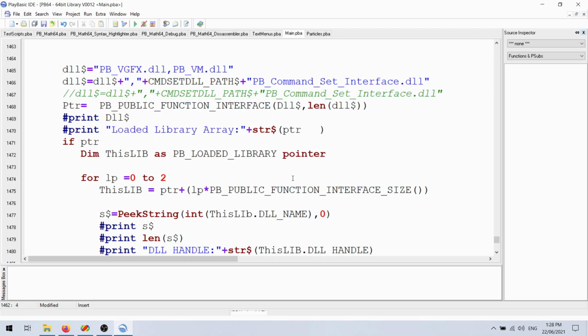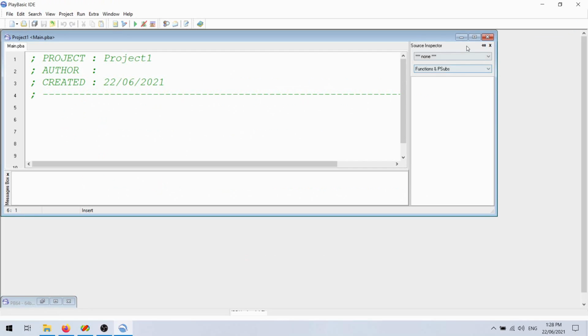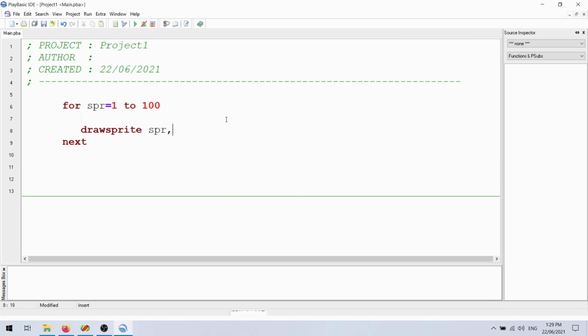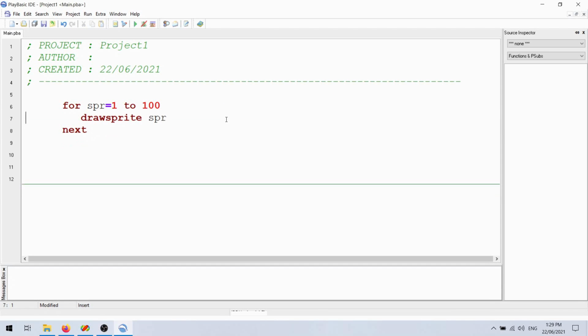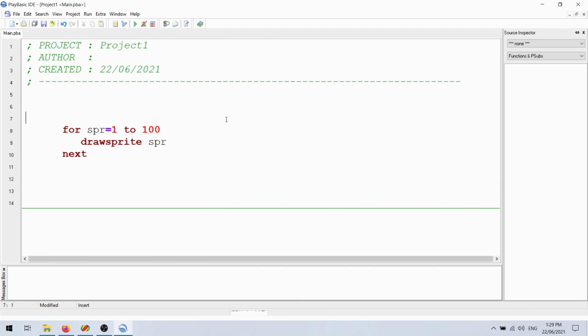50-50. Like, for example, some of the old examples rely upon sprites not having error detection, because old versions of PB didn't have runtime error detection in them. They couldn't pick them up. So if you find those old examples, they would have things like this in it. I'll just do a quick little one. Sorry, draw a sprite. If I run this in PB today, we should get